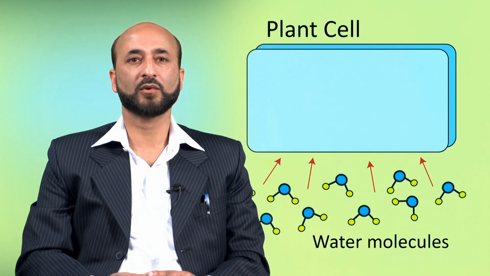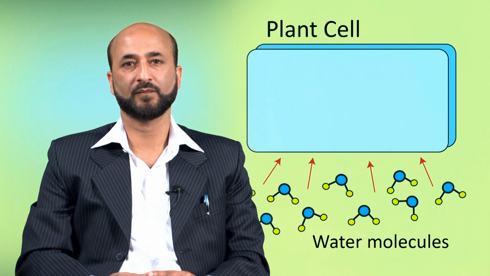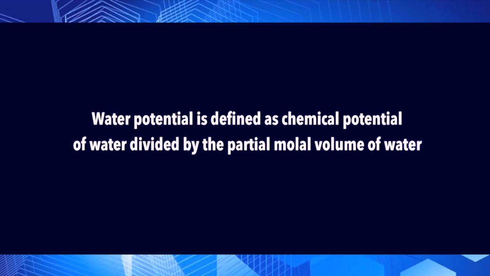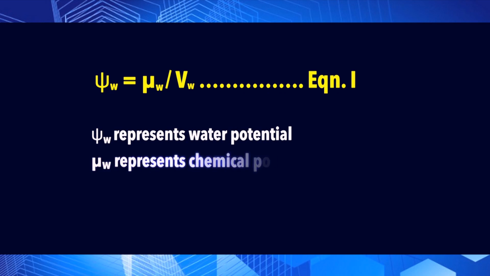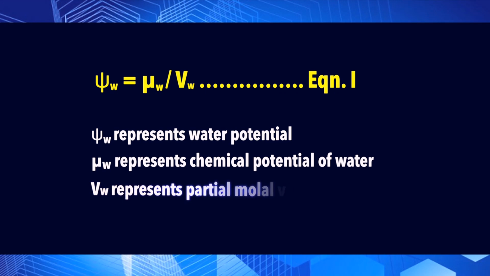However, water potential is not synonymous with the chemical potential of water. Water potential is defined as the chemical potential of water divided by the partial molar volume of water. Mathematically, we write it as psi W is equal to mu W divided by V W, where psi W represents the water potential, mu W represents the chemical potential of water, and V W represents the partial molar volume of